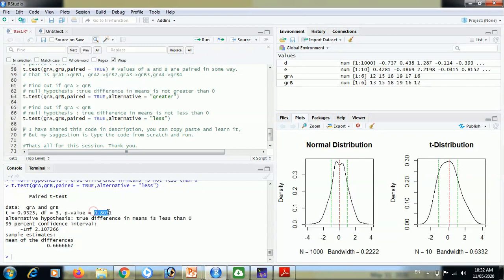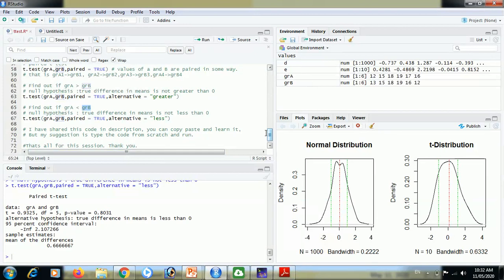And we have to accept our null hypothesis that true difference in means is not less than 0, is greater than 0. Therefore, group B is not less than group A. Therefore, we have to accept here that group B is greater than group A.